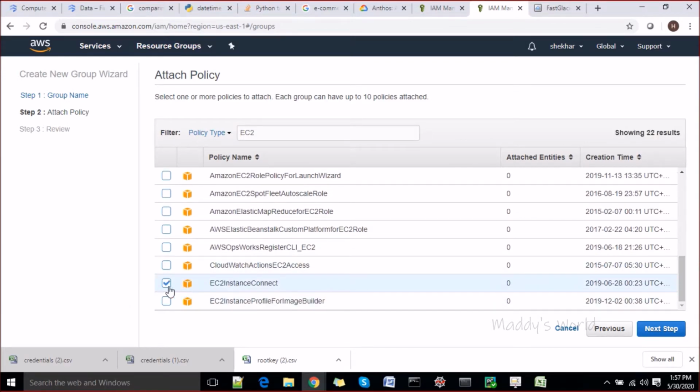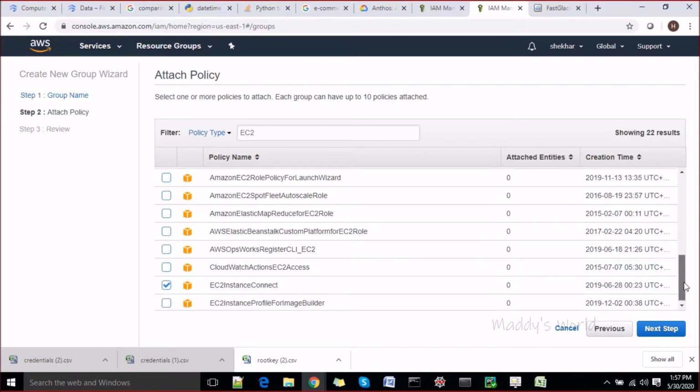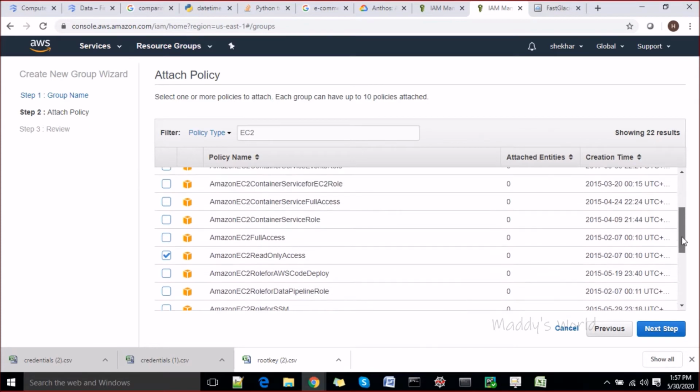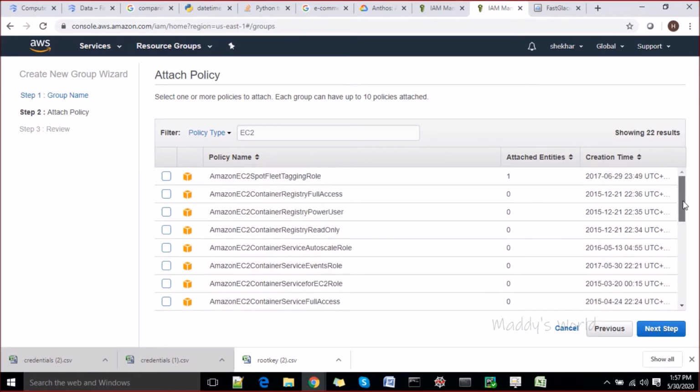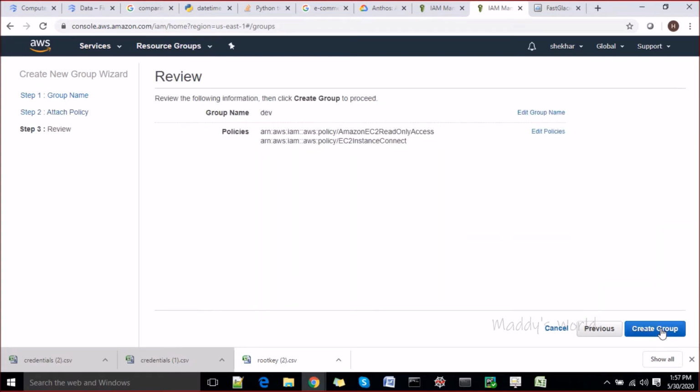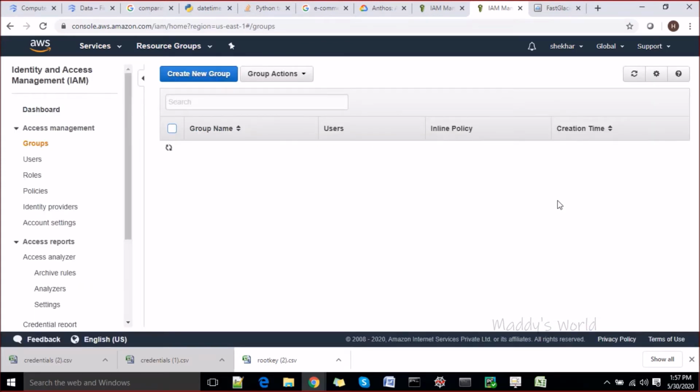EC2 instance connect, something like that. I'll show you a couple of things further also. Let's say I'm going to add these things only here, and go ahead and create this group. So whatever policies we have attached to this group will be allocated to any user we add to it.